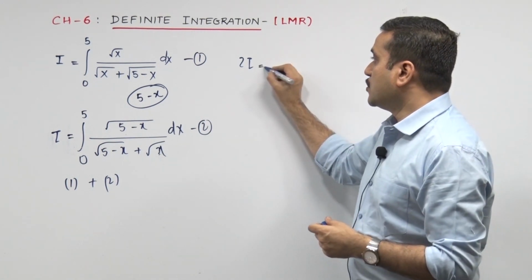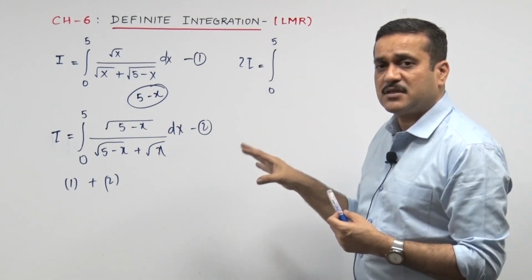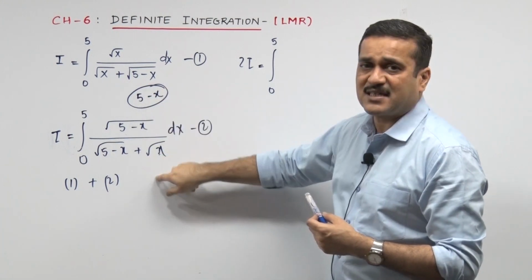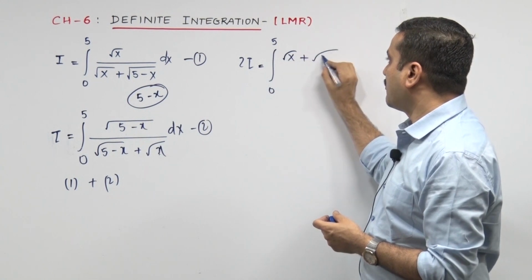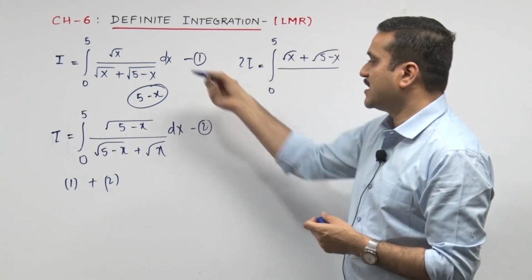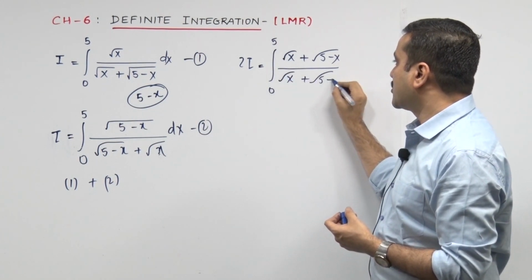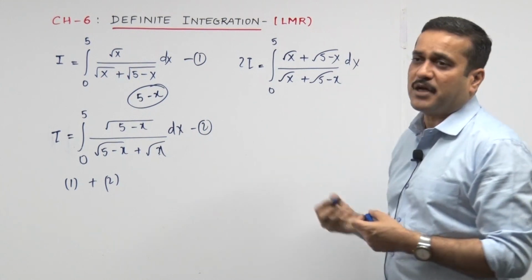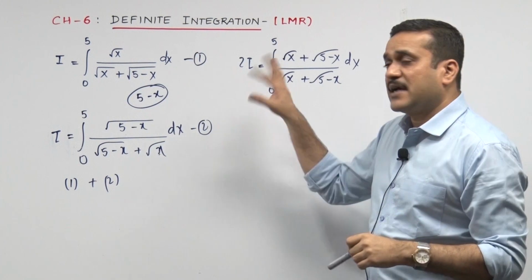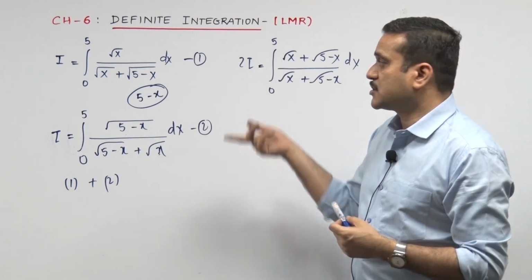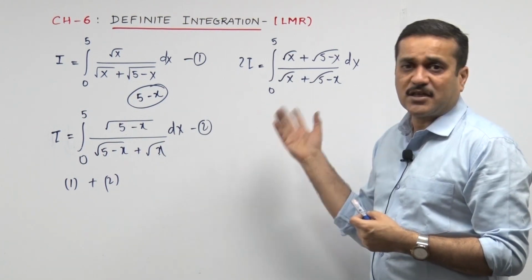But coming back, 2I equals integrate 0 to 5, and then it's going to be simple addition for the simple reason the denominators of both the functions are same. So then we just need to add the numerator, root x plus root of 5 minus x. Upon the denominator, you can select any one of it. It's one and the same. You can check it. Root x plus root of 5 minus x, and I think everybody out there is smiling in a big way. Oh gosh, the full thing has gone. Check it. I could add it because of two reasons. First of all, you are integrating between the two same limits 0 to 5. So you can add the two functions.